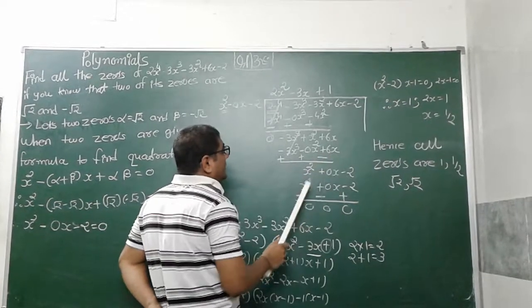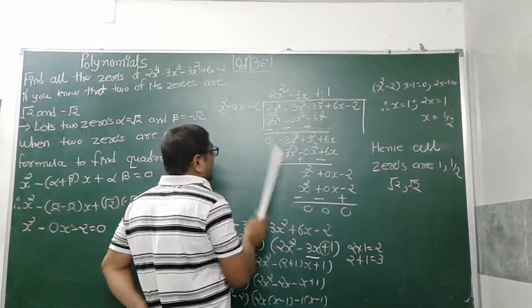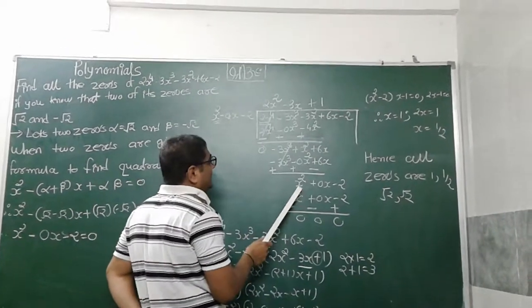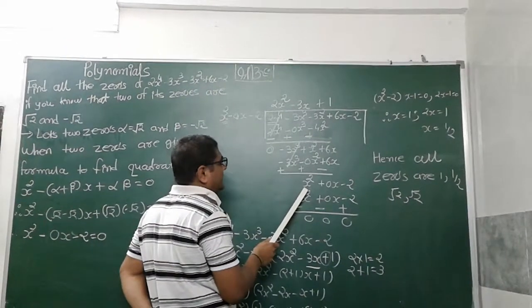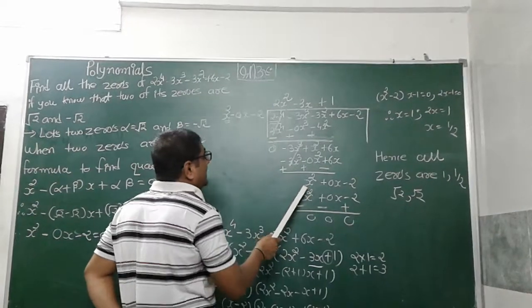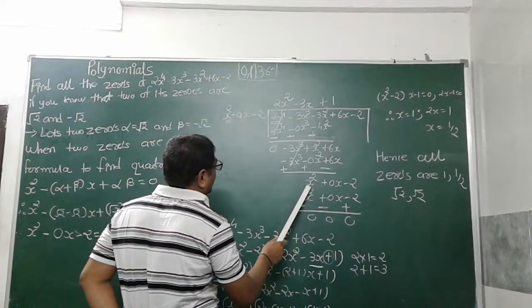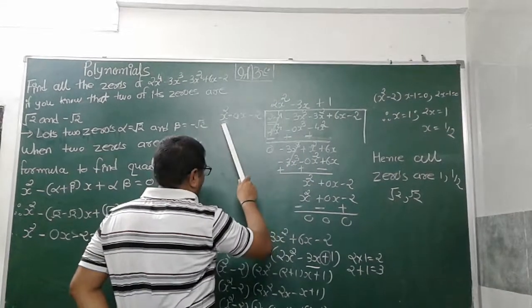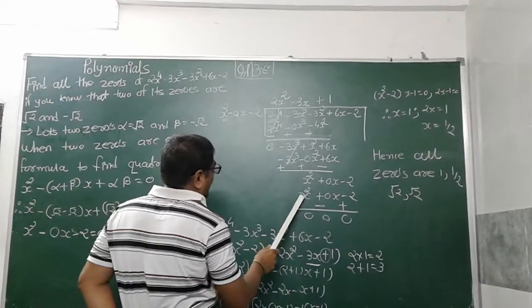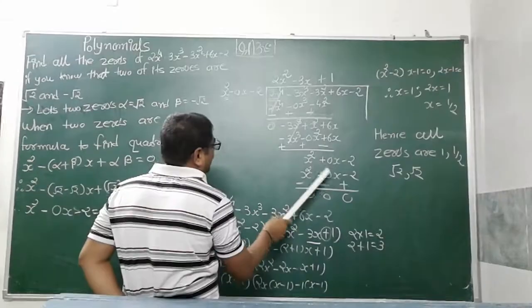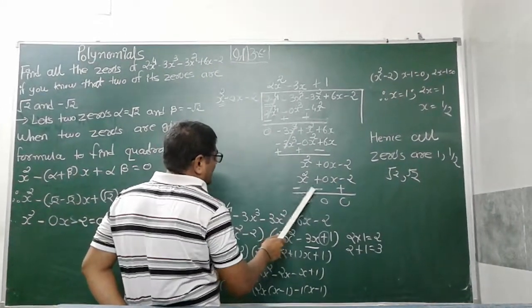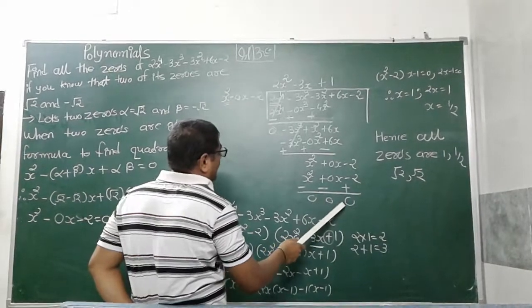We bring down again. In the remainder and divisor, the term is the same base division, so we have to subtract the powers, that is x raised to 2 minus 2, x raised to 0, and x raised to 0 means 1, so we multiply with 1, that is x square. 1 into 0 is 0, minus 2 into 1 is minus 2. We change the sign, so we will get 0, 0.